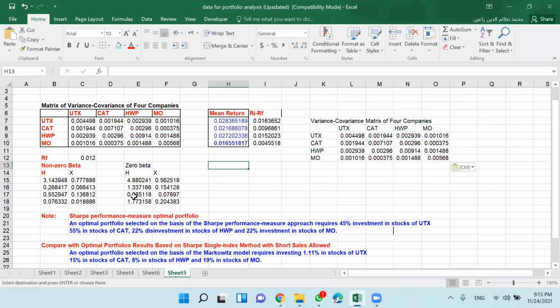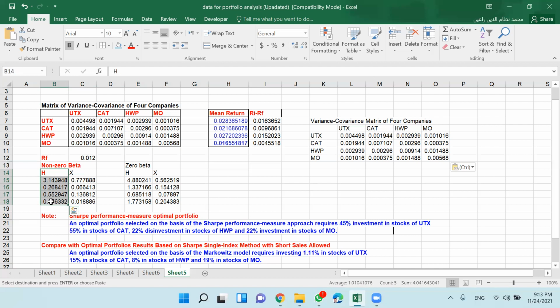So if you read the third solution, how we construct a portfolio using the Sharpe performance measure. This is another approach which is due to Sharpe, where we use the original variance covariance matrix with the column vector of returns, and we first estimate H values. This is the column vector of H, H1, H2, H3, H4. So there are as many H values as there are securities.